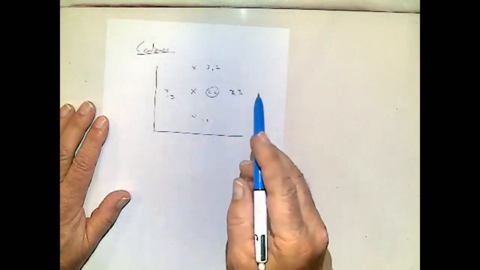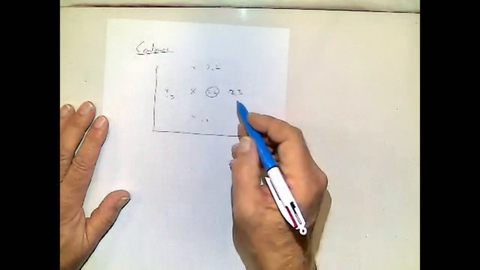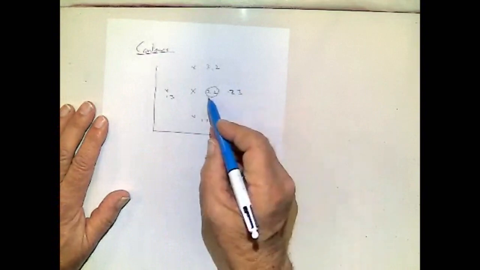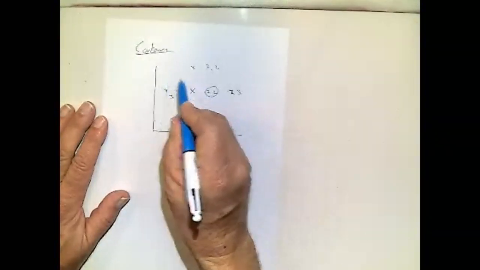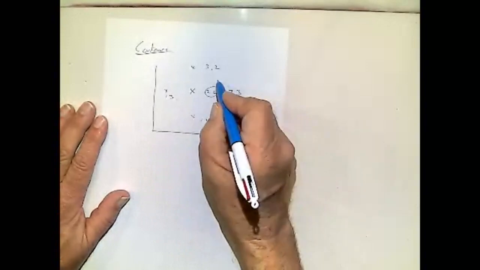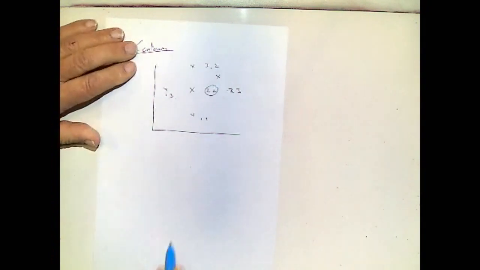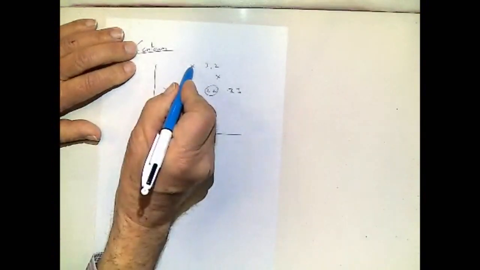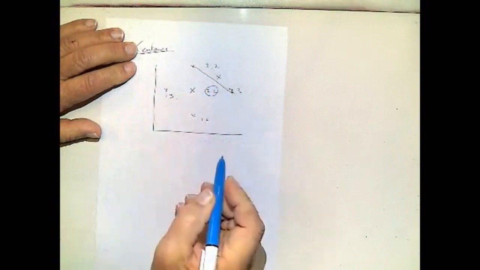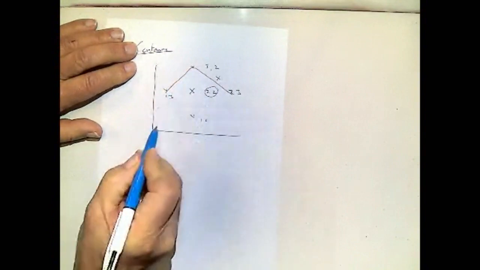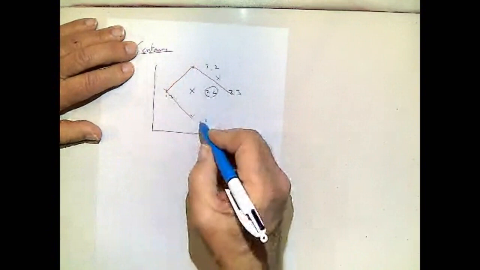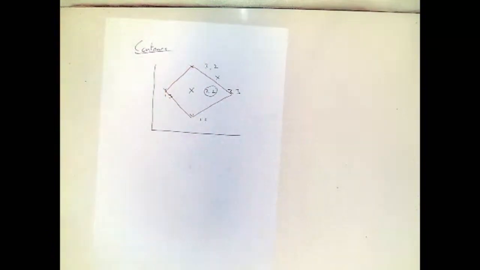If I take a further pattern, let's take 2.5, a point there. If you've drawn it carefully, you will come to a conclusion that the contour of equidistance is not a circle. It is a line going down there, and a line going up there. That should be a perfect rhombus or a square on its side.